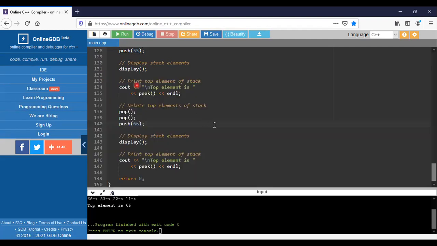So you can do as many insertions and as many pops as you like here.